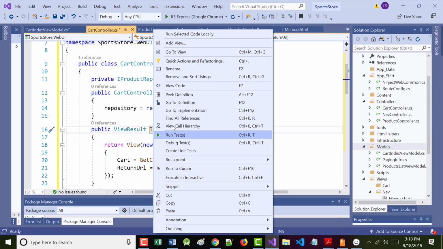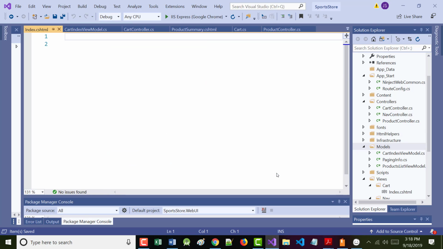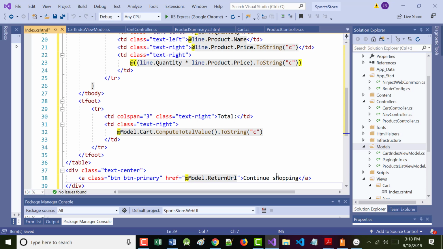Right mouse click on index, choose Add View. We want it to be index. Did they say how this is supposed to be set up? Says just select Add View from the pop-up and select Index and OK. Paste this in.